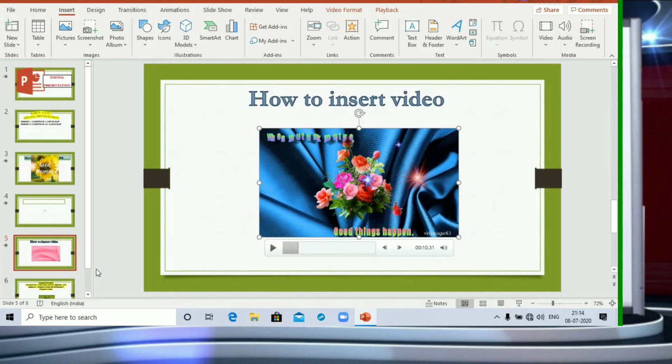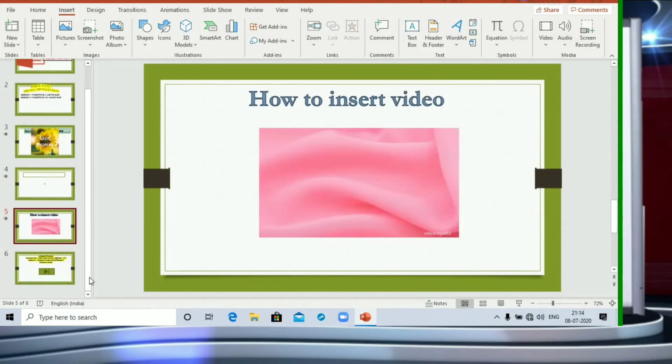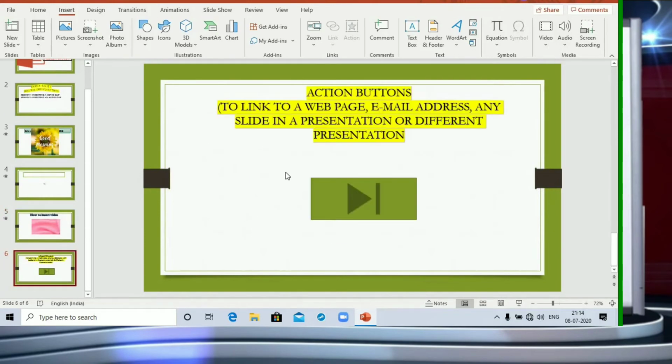Alright children, so this is how you can bring video into your slide. Now next, very important, is action buttons. Action buttons are also in the Insert tab. They are built-in button shapes that you can add to a presentation and set to link to another slide, play a sound, or perform some other action.